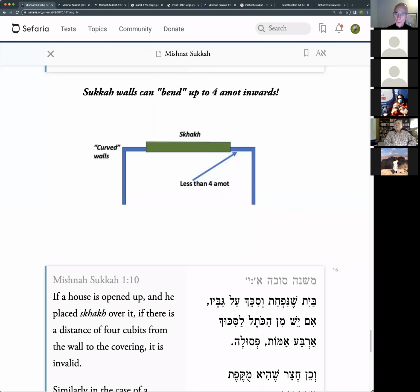We're going to close today the first chapter of the Mishnah of Sukkah, which is really the chapter of building a Sukkah. The next chapter, chapter 2, will focus more about how we behave in the Sukkah. But this chapter, the first chapter, is about the construction of the Sukkah. And in order to appreciate the last two Mishnayot, which we're going to study, we need the concept of a bent wall. So before jumping into the Mishnah, I'd like just to spend a minute on the concept of the